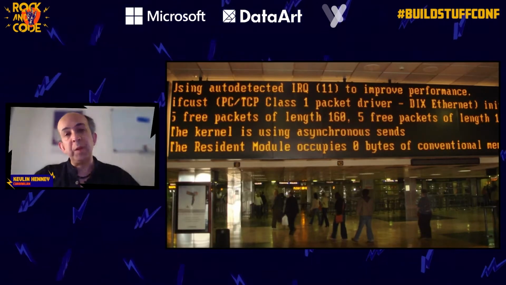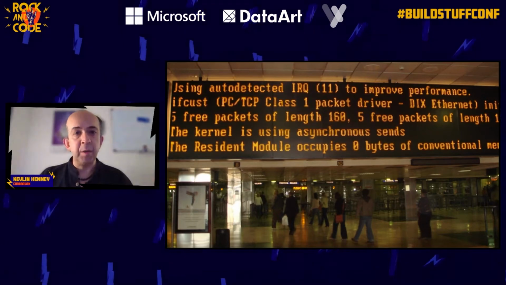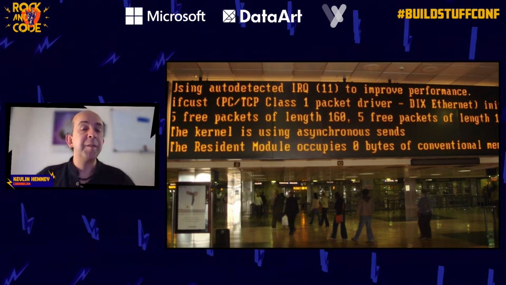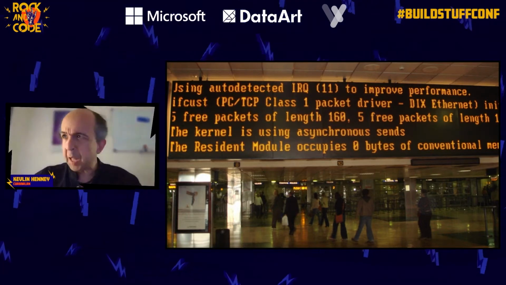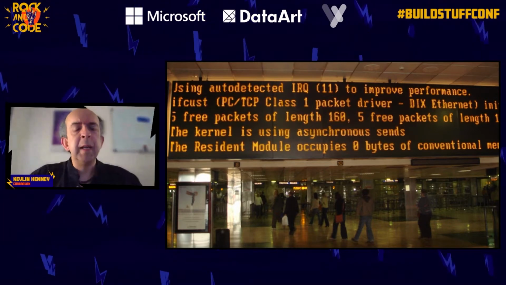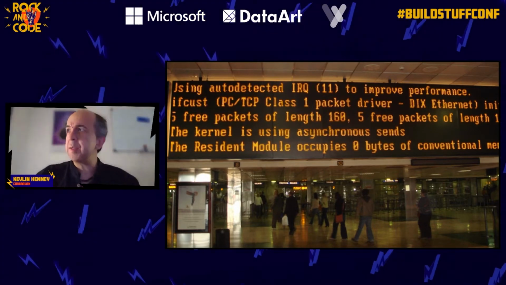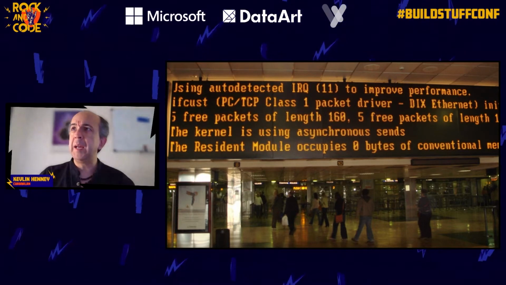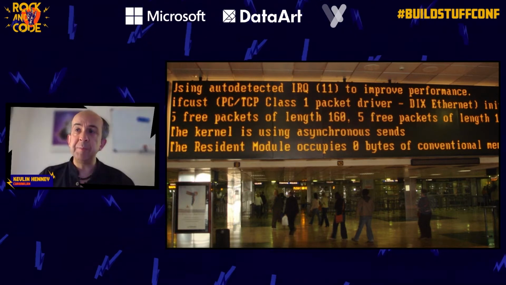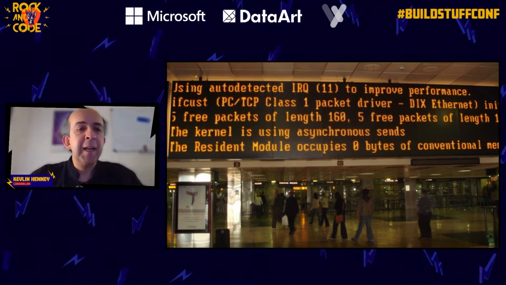Now, this is one of the places where it all started. The minute that we got cameras with our phones, I started taking photographs of failures of software in public places. And this one was taken at Madrid Airport, Terminal 1, if I recall correctly, back in 2006. And what intrigued me is that this is actually part of a DOS-based stack. So in 2006, Madrid Airport is using DOS for its operating system, for its displays.